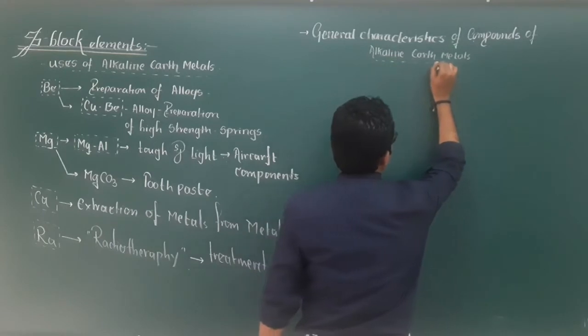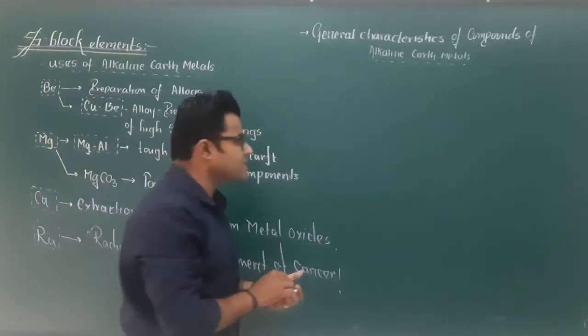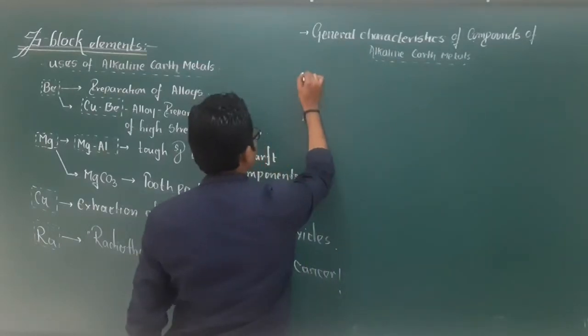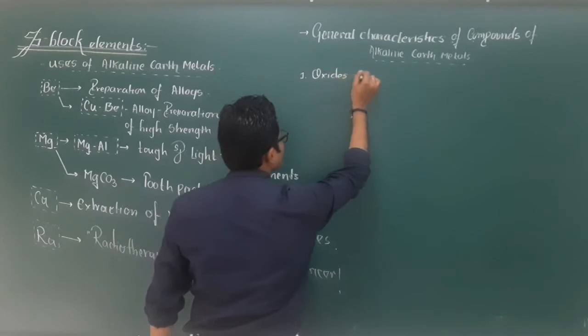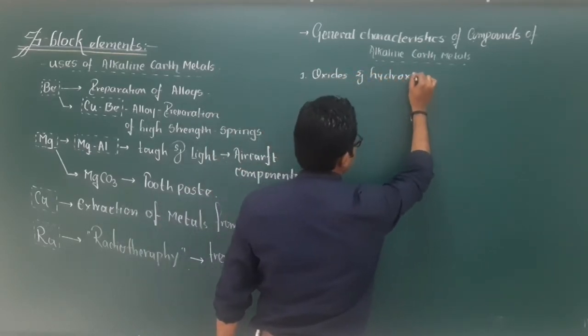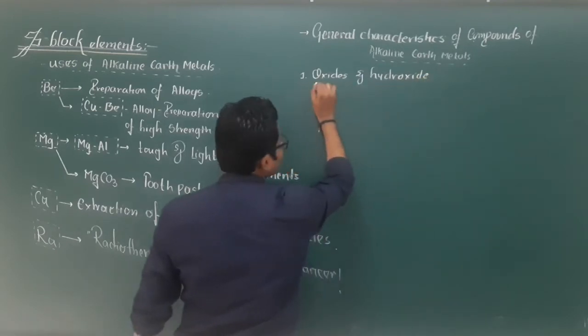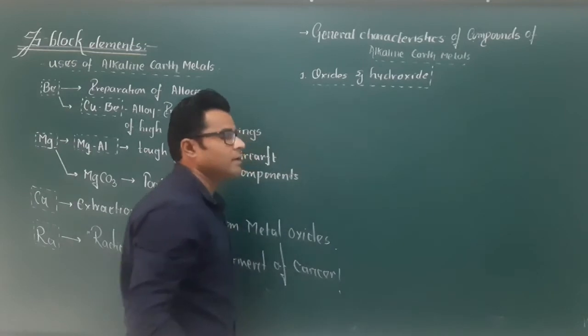Okay, so now when we start with this, we start with the first case, and that is going to be the oxides and hydroxides. Okay, now when we are taking a look with respect to oxides and hydroxides, okay, now we need